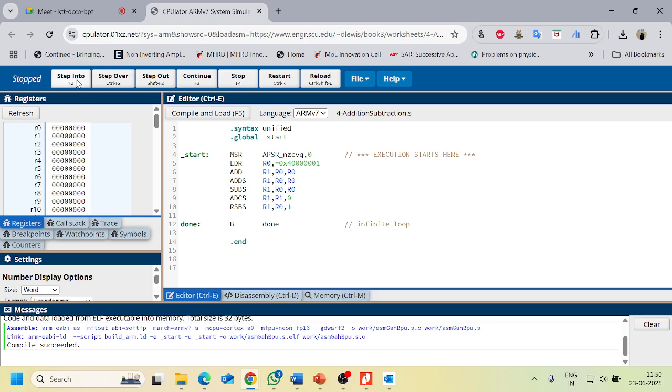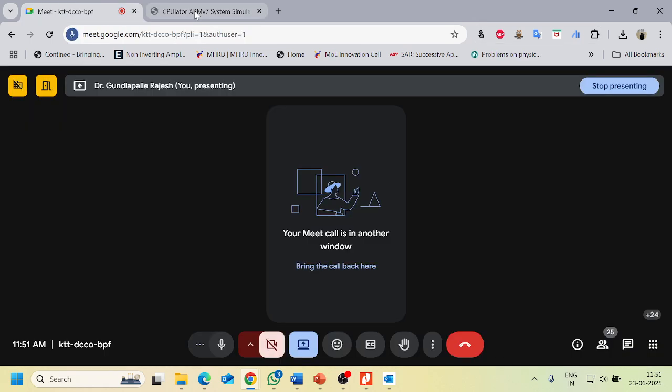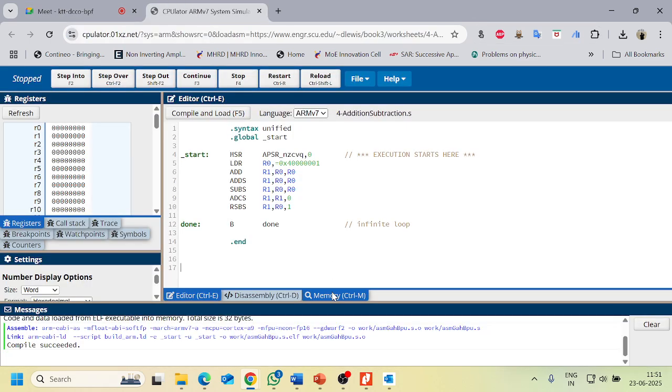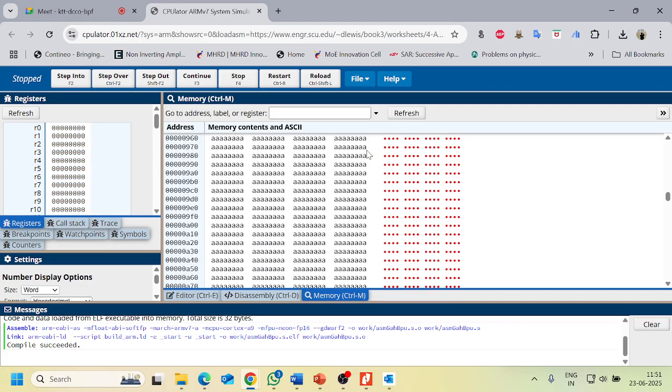Yeah, so it is compiled already. Okay, so now your application status register, NZCVQ, that is your negative status, your zero status, your carry status, and your overflow and your saturation status, everything you can clear by just sending a data called 0. Okay, so if you want to check this,